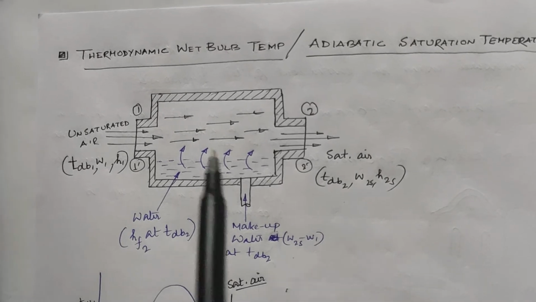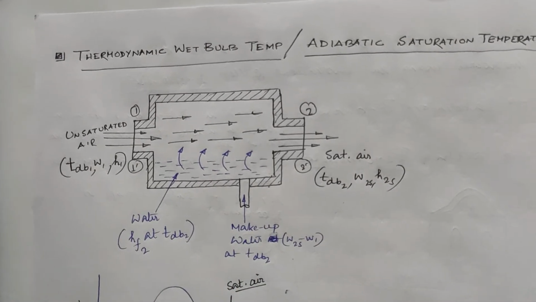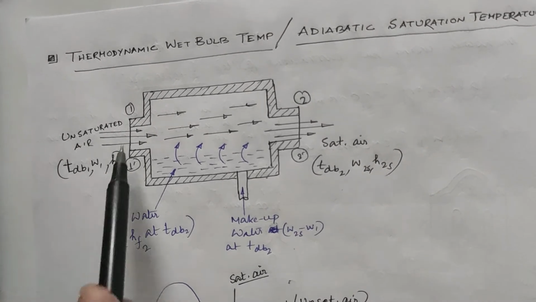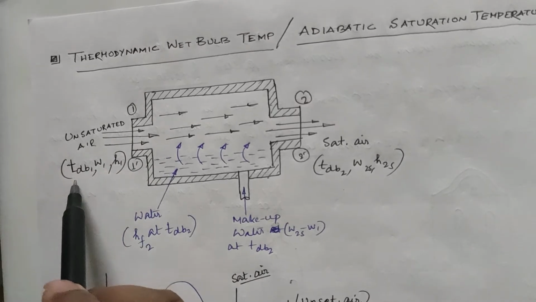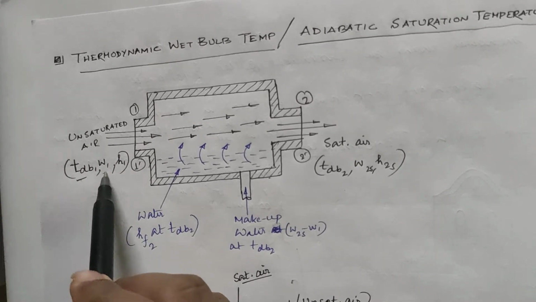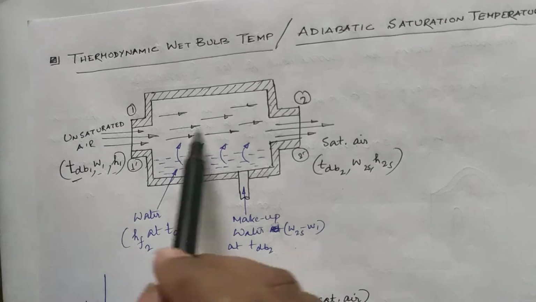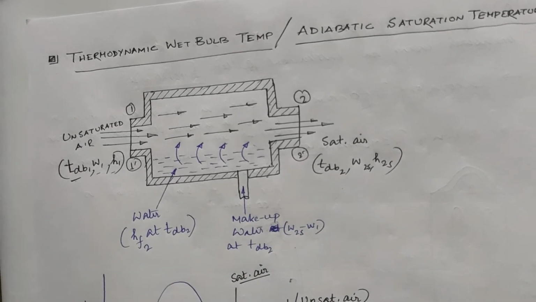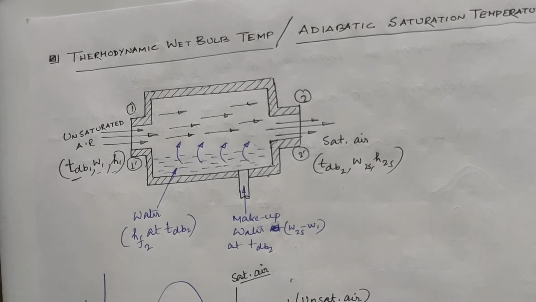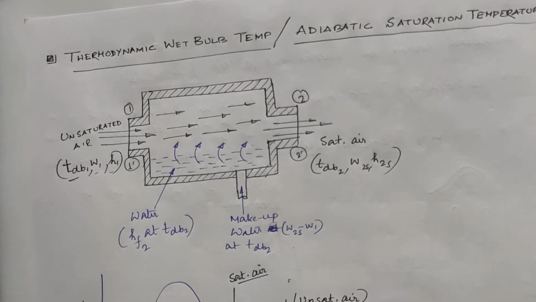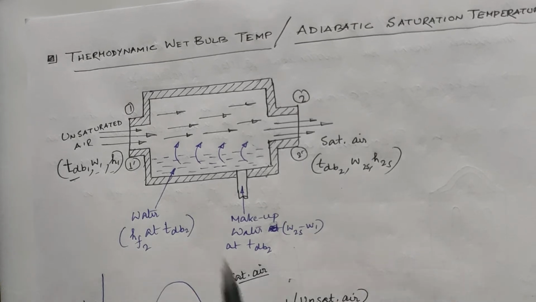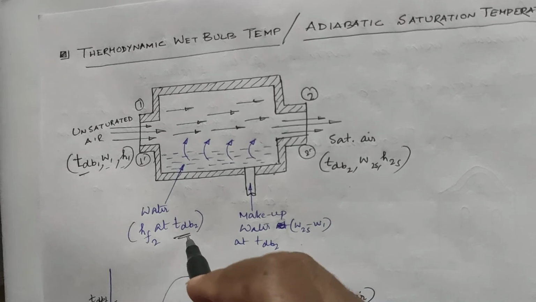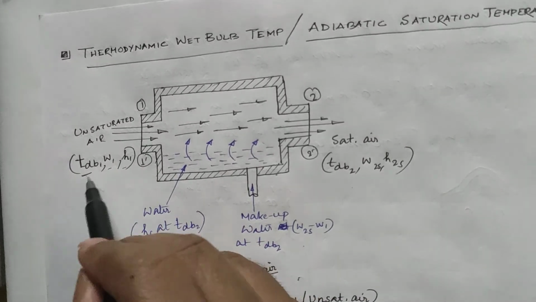By this diagram we can define the thermodynamic wet bulb temperature. Here what we have done, we have taken unsaturated air having condition TdB1, that is the dry bulb temperature, specific humidity, enthalpy, over this insulated chamber within which some amount of water is present. So when unsaturated air flows over a long sheet of water in an insulated chamber, what will happen? Since unsaturated air has a higher temperature, here the water temperature is TdB2, which is at a certain degree lower with respect to the temperature of the unsaturated air.